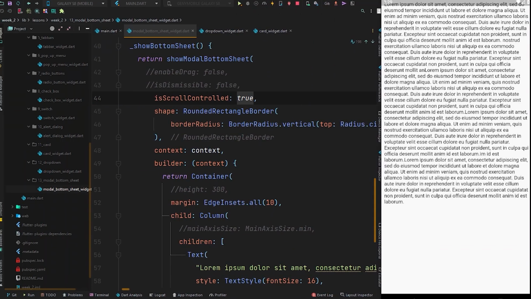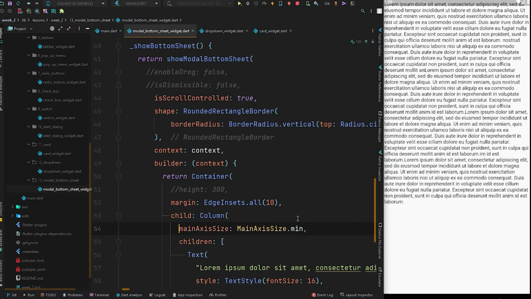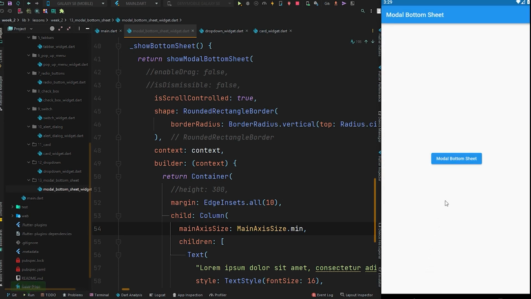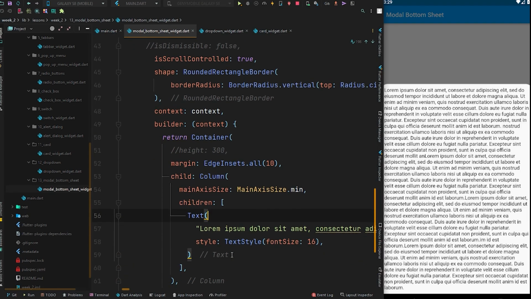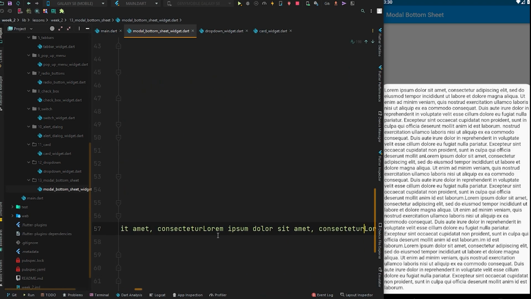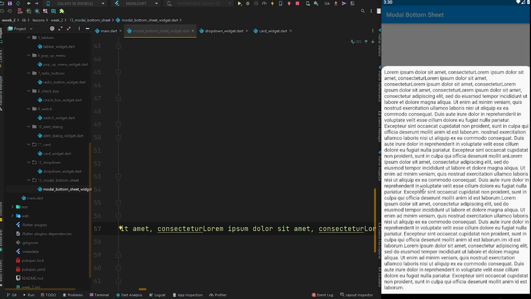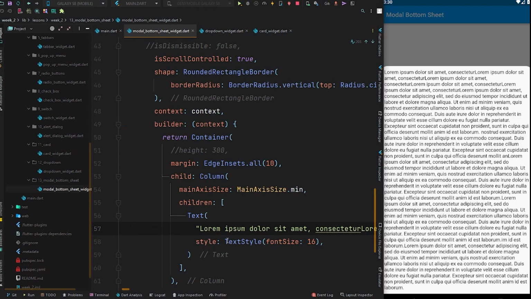just like this. And now you can go back and uncomment this main axis size of the column, and Ctrl S to hot reload, close this and open this up, and this again got the space that is required by the children of the column. But now if you increase this more text, like copy this and paste it, let's say 5 times, just like this, Ctrl S to hot reload, close this, open this up, and this is getting more and more space, but the default 60% screen height as it was taking is overridden